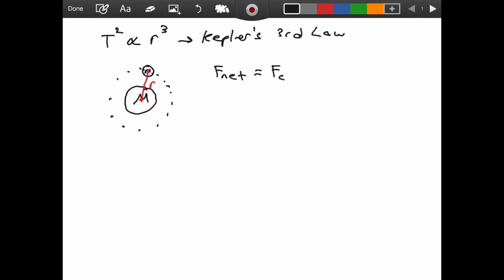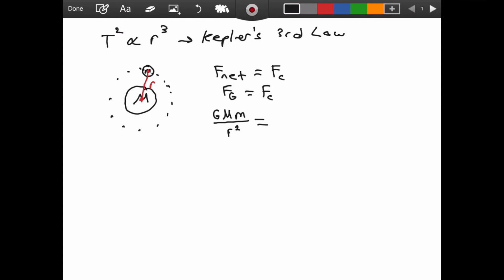Well, how can we proceed from this? We know that F net is the force of gravity in this case, and F centripetal is still staying here. So for the force of gravity, we will use Newton's law of gravitation, which says that to find the gravitational force between two objects, you have a proportionality constant, the universal gravitation constant, I believe its name is. Then you have the first mass multiplied by the second mass, all divided by the square of the distance between them. So we have this, which comes from Newton's law, and this is equal to the centripetal